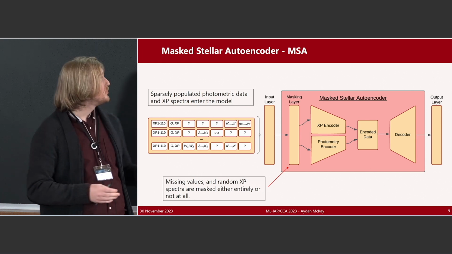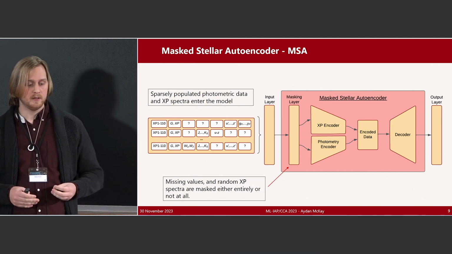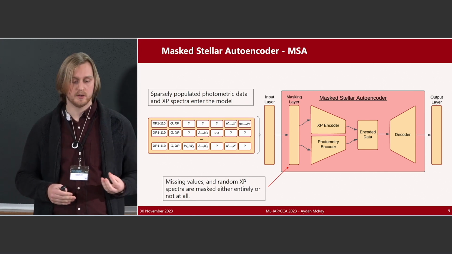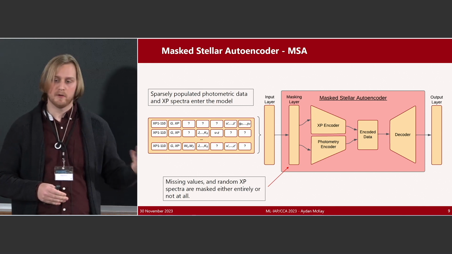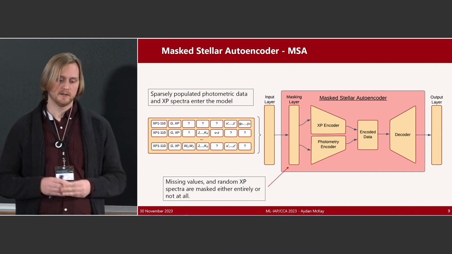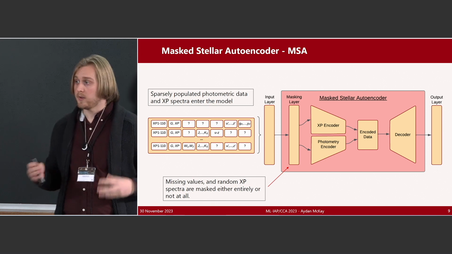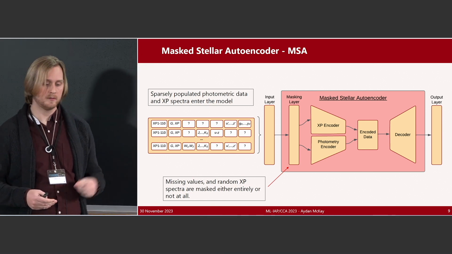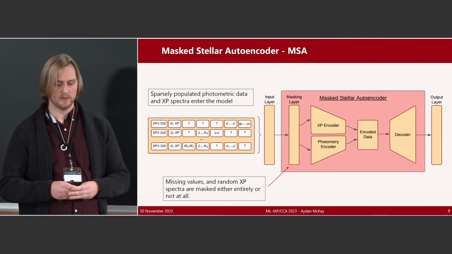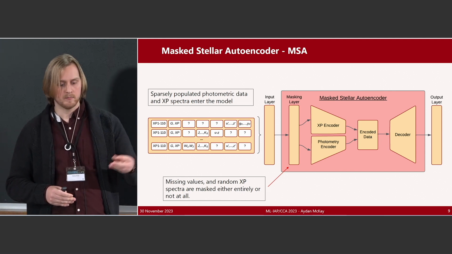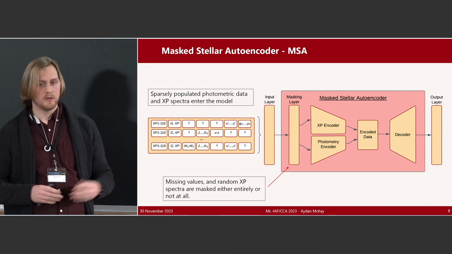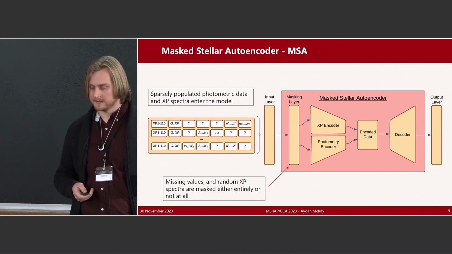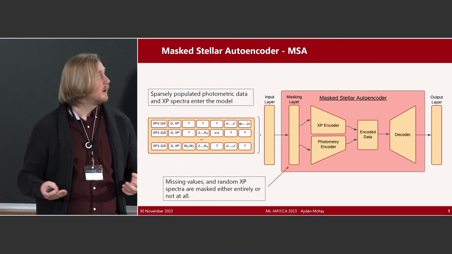And so right now I'm training on just a subset of the Gaia data set, those that have these XP coefficients with it, and I'm masking about 50% of them as they're being fed into this algorithm. Currently, the best model works with two separate encoders, each handling one of the modalities of the data, one being the XP and the other being the photometry, and then combining them within this embedded dimension through a couple of fully connected layers.